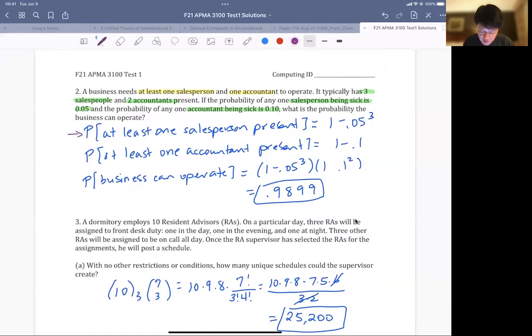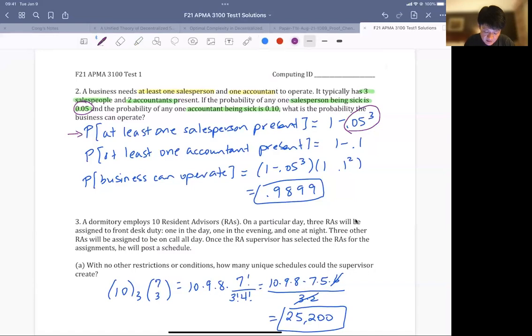For all salespeople to be sick, every single one of them is sick with probability 0.05. Then for all 3 of them to be sick, you have this probability, which is 0.05 cubed. And then this is the probability that all salespeople are sick. And 1 minus that gives you the probability that at least one salesperson is not sick, hence it is present,